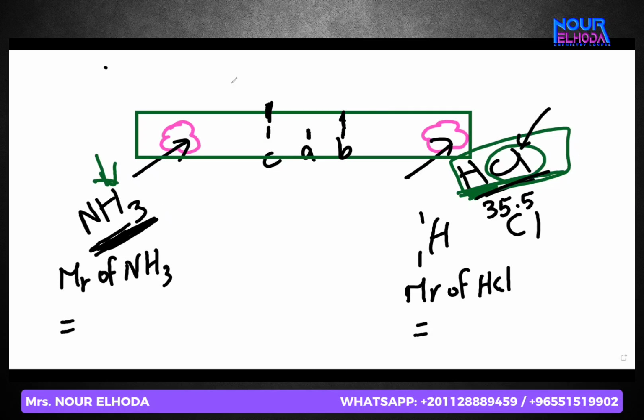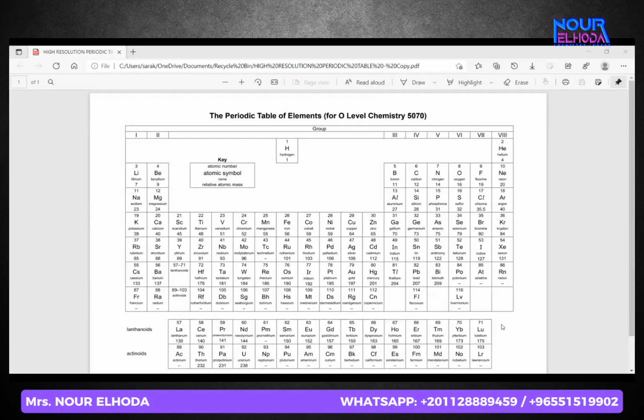The periodic table. If you check the periodic table, I'm going to show you. The periodic table is already given in numbers. Nitrogen is 14 and 7. Hydrogen is 1. I can show you the periodic table to imagine with me. One minute, I will show you so that you can know what I'm talking about. Check with me. The periodic table is going to be given in the exam. Where is the hydrogen? Here it is. What are the two numbers? 1 and 1. So this means the big number is always the mass number.